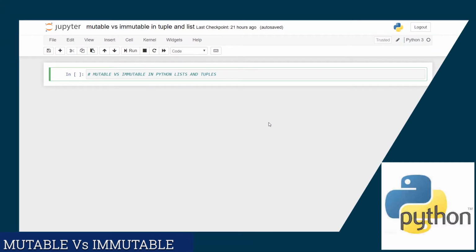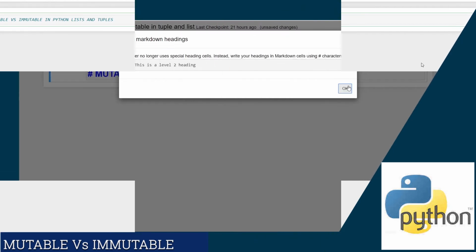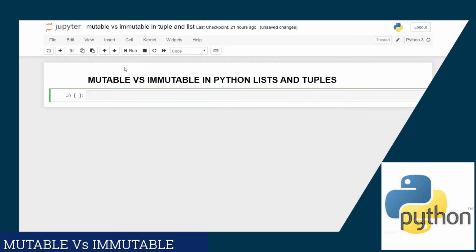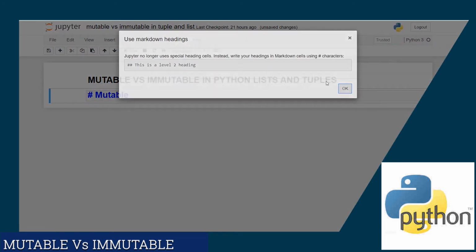In this episode, I'll talk about Python tuples and Python lists. We can remember that Python tuples are immutable and Python lists are mutable. So let's try to explain that with some examples, and again we will try to identify some of the weaknesses of tuples. I'll begin with mutable and explain what it means in terms of tuples and